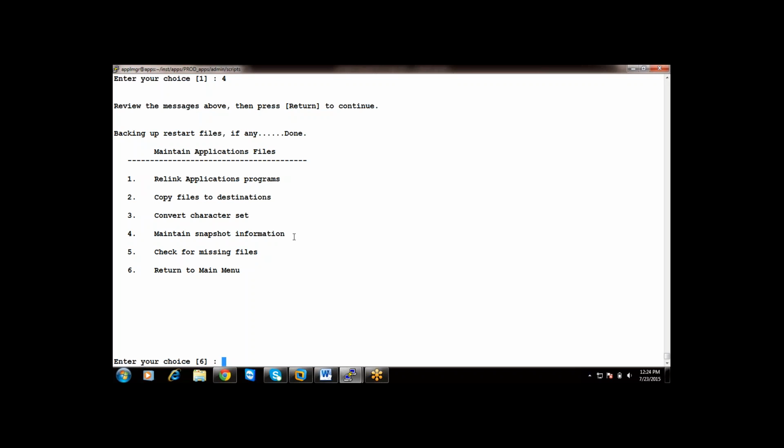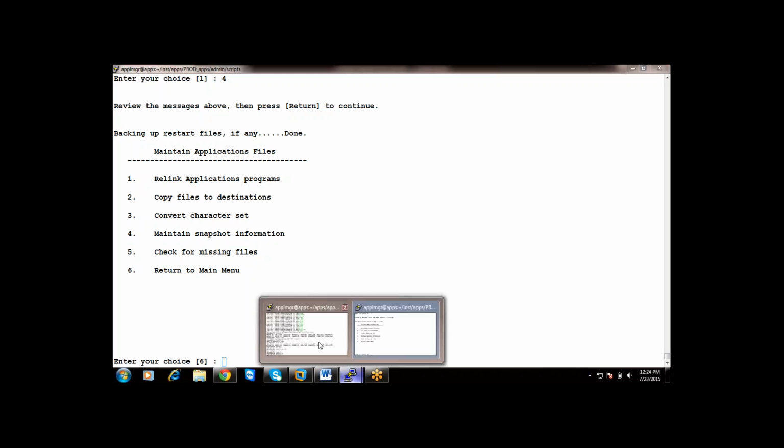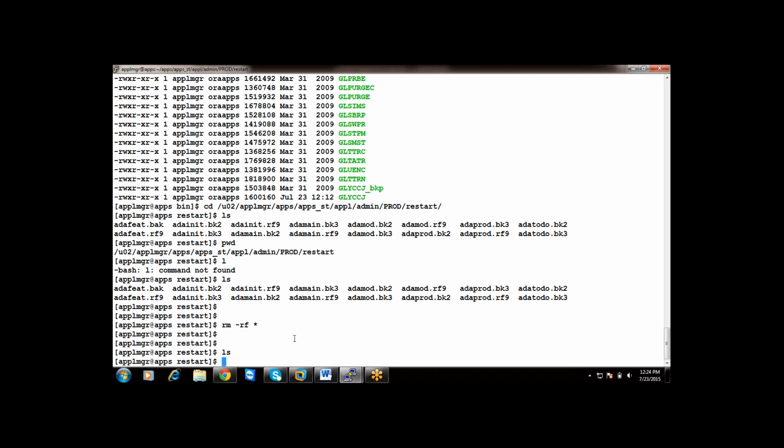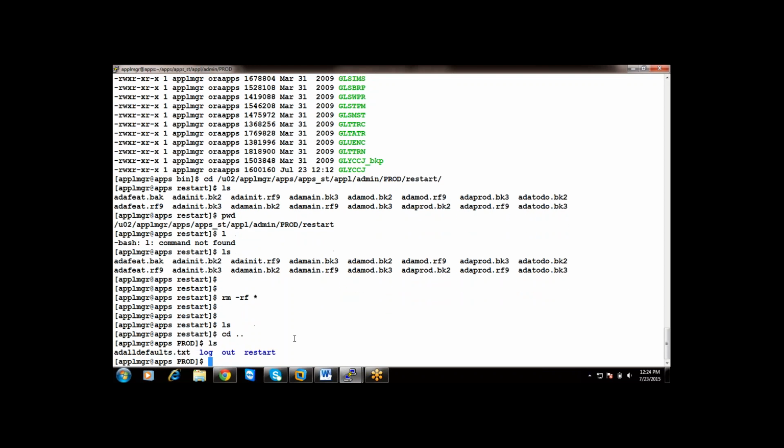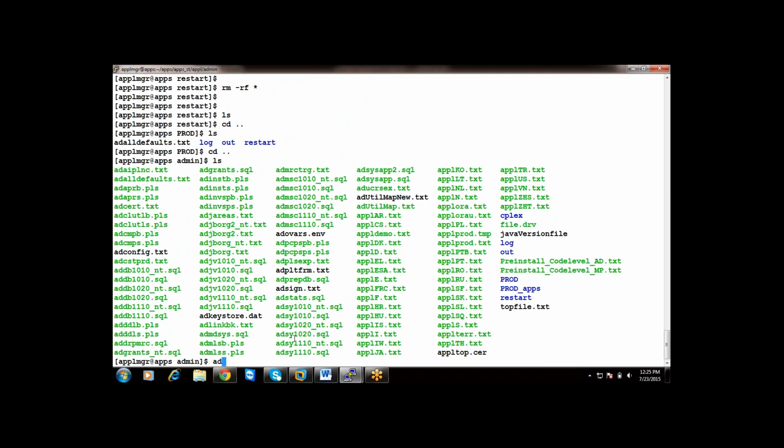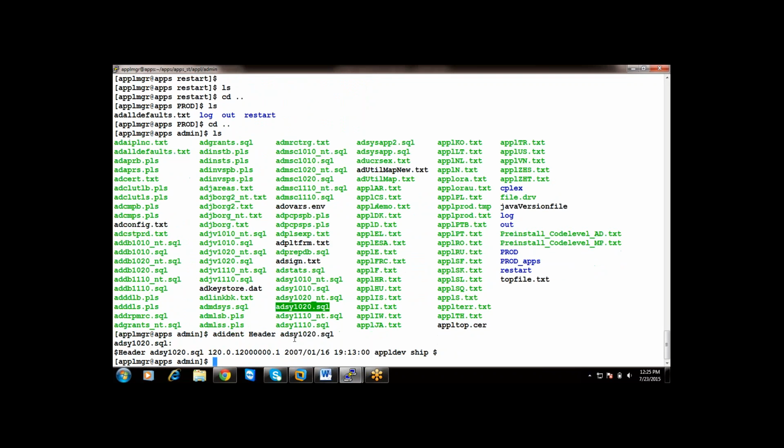For each and every file, your Oracle application maintains the file version. I have already shown you with AD ident: AD ident, header, file name.